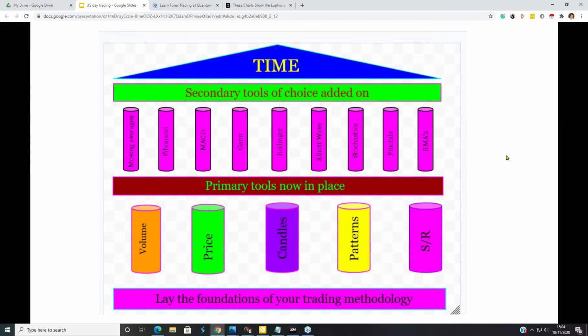Even more important when you're trying to determine whether a move, a counter trend move that you're seeing, let's call it, sometimes people call it correction, a pullback, a secondary trend. Is that simply that, a pullback, a correction, or is it the start of perhaps a full-blown reversal? And as I said, the only thing that will tell you is actually volume. But VPA also includes candles and candle patterns, and support and resistance, because support and resistance is